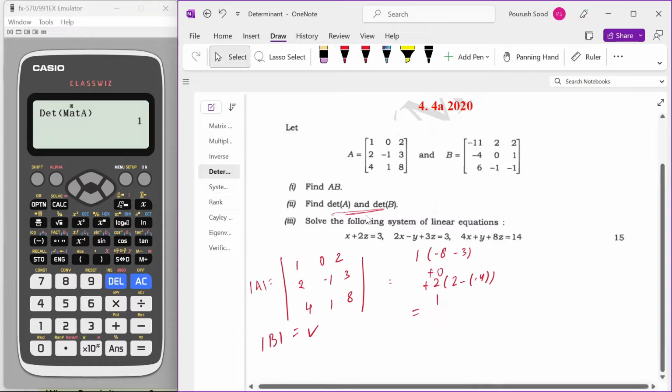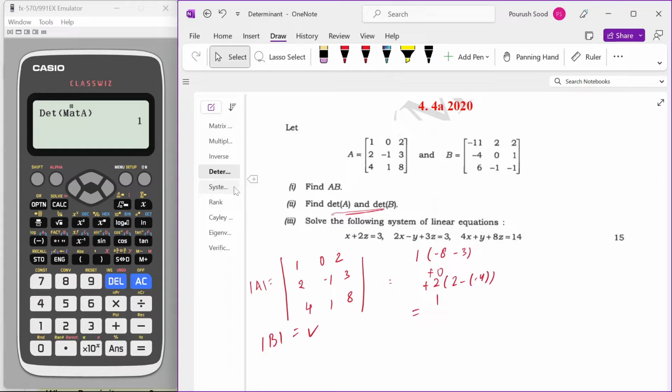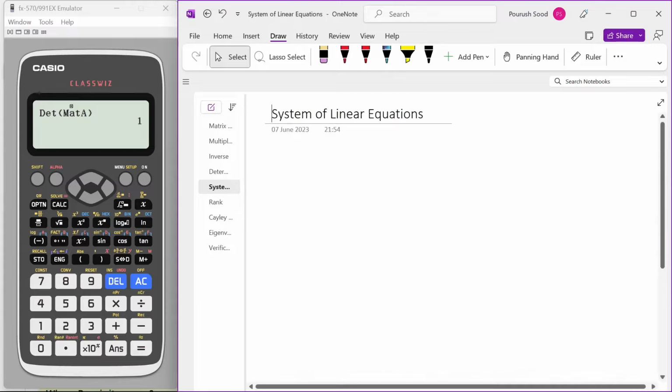Now this is a direct question of finding determinant, but in many places you will need to find determinant, and I think we can directly use the calculator to write it down. So determinants are done. Now we'll come to system of linear equations. System of linear equations are generally in the form of